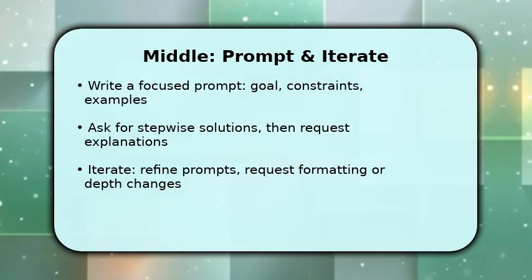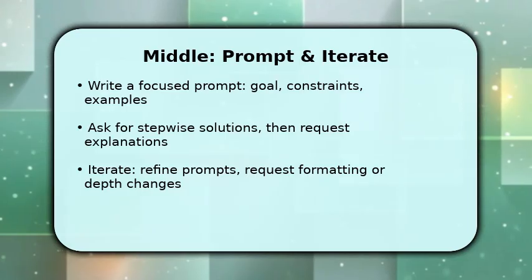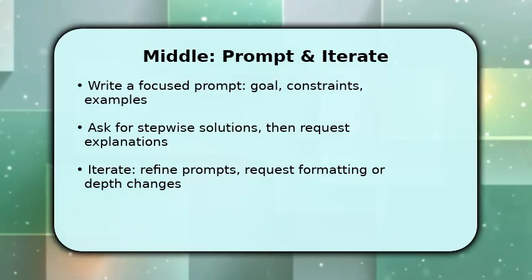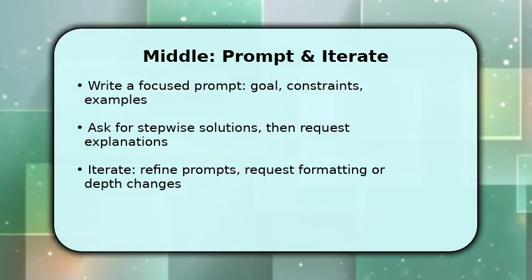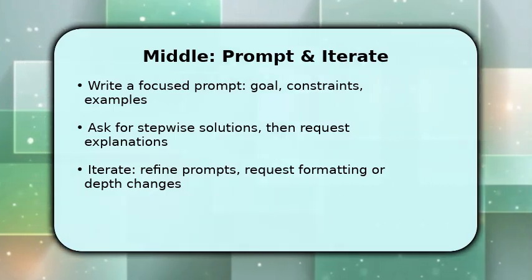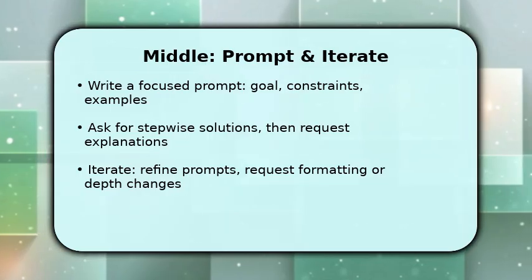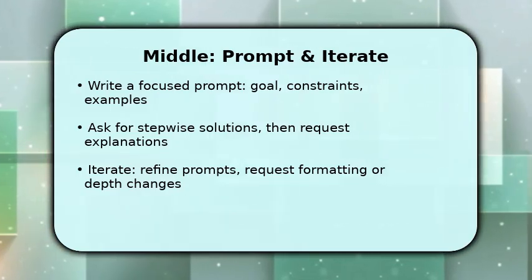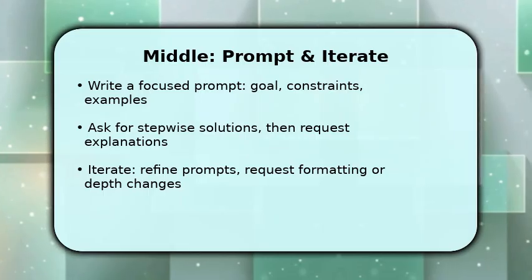Next, ask the AI for a stepwise solution and then request an explanation of each step so you learn the reasoning. Once you review, iterate. Ask for more depth, simplified language, or alternate approaches. Make sure to request citation of sources when needed, and ask the AI to output numbered steps or a checklist